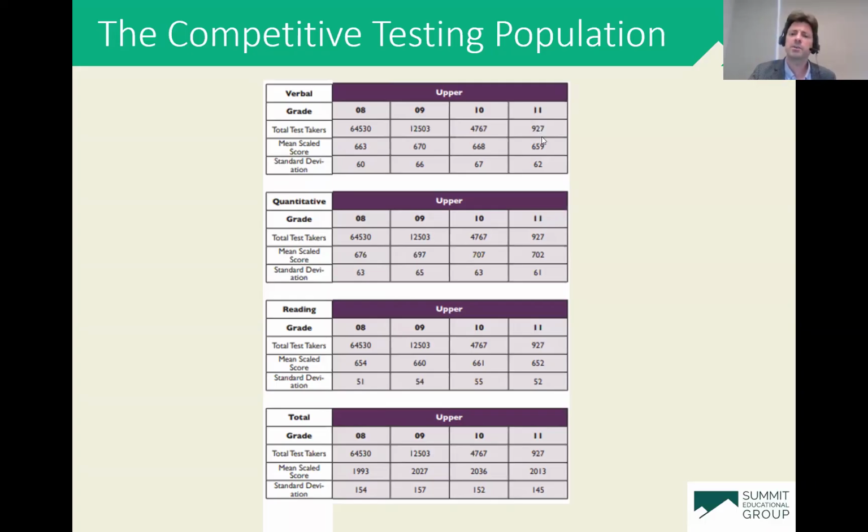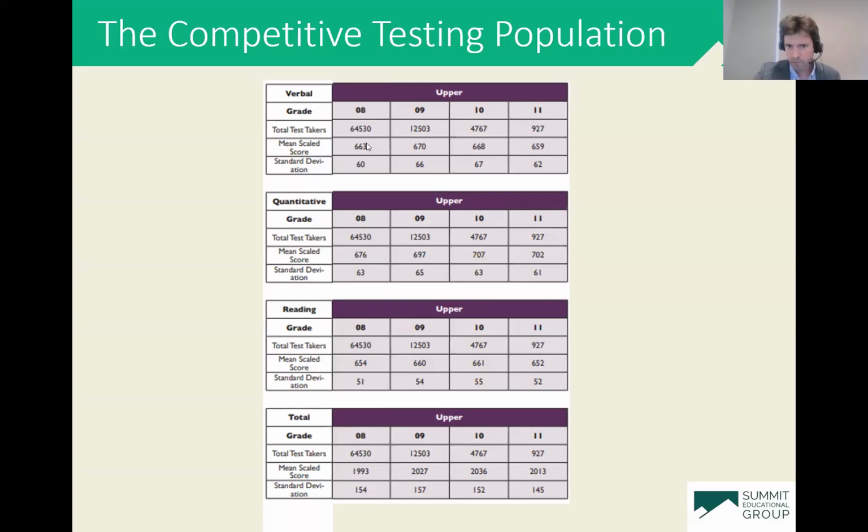And then you can see a small number of 11th graders actually take the SSAT. And to put these numbers in perspective for you, if we look on the college side, the two major tests that students are taking for college admissions are the SAT and the ACT. But to give you a feel in terms of just how small and competitive this population is, on the SAT side, it's roughly 1.6 million students who are going to take an SAT and about 1 to 1.1 million students who are taking an ACT.